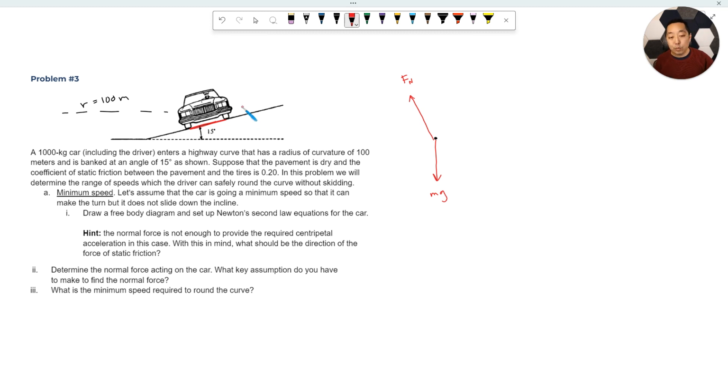Now, is it up the ramp or is it down the ramp? That's what we have to decide. We don't know if it's up or down the ramp, okay? Now, they give you some hints here. There's a couple ways to think about it, and I'll help you understand this. So they're telling you that when it's going too slow, there's not enough centripetal force. The normal force is not enough to provide the centripetal acceleration. So that means the friction has to aid it by